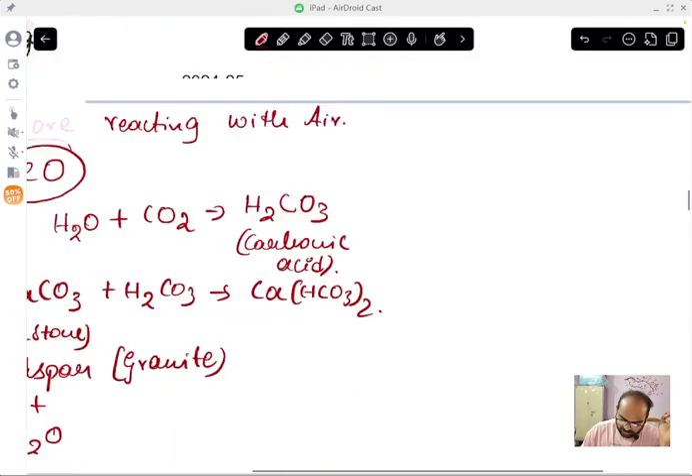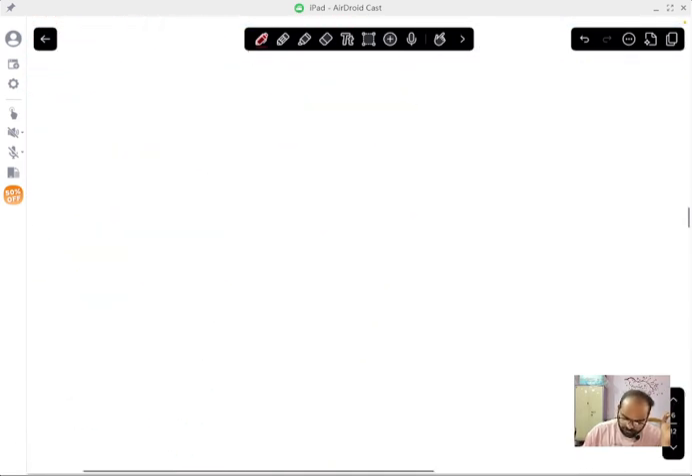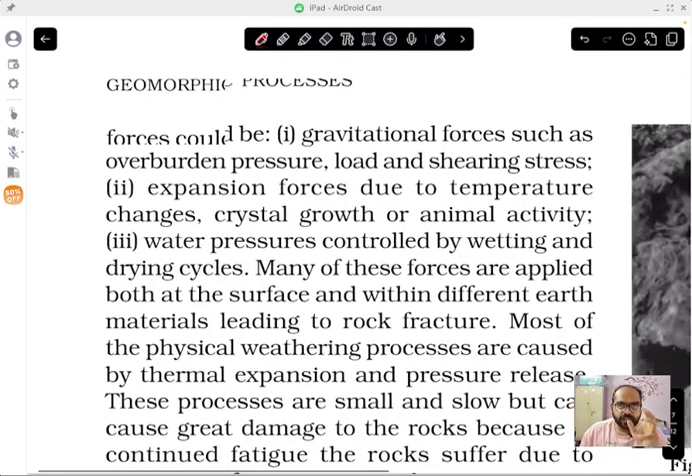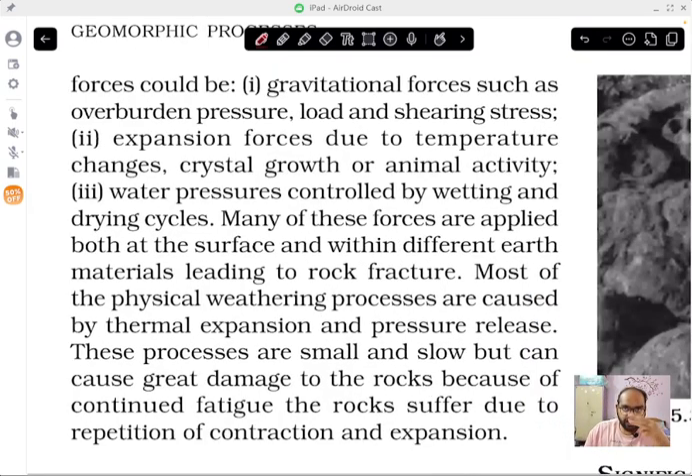Okay, this physical weathering can happen through three mediums. That is, first is gravitational force. Okay, how does gravitational force induce physical weathering? If you take rocks, the bottom layer of rock is covered by the upper layer of rock, so it induces certain pressure on that